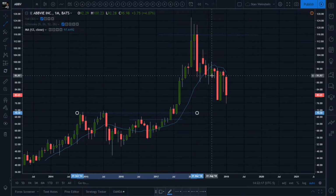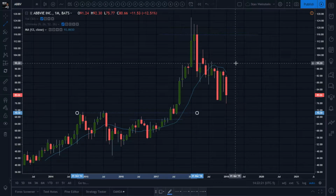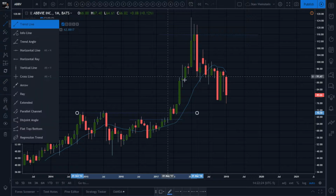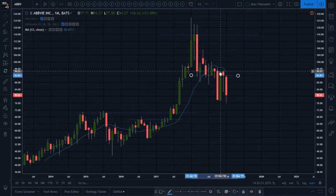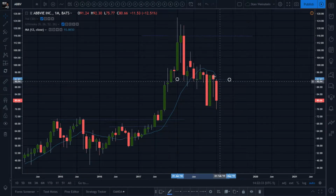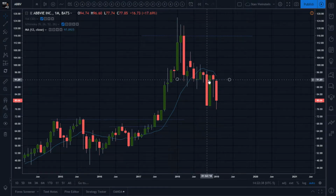Declining 12-month moving average. We're below the moving average for 1, 2, 3, 4, 5, 6 months. Huge close here. Huge sell signal right here in October. Bounce back up, full candle all the way back up. And you see we're seeing these candles now here on the pullback on the markets. So even if it goes back here, it's very hard to overcome the high of a previous monthly candle close. That was a breakdown below a declining 12-month moving average. That's a lot of pressure. So this, we're going to see on the weekly, is going to be probably legendary